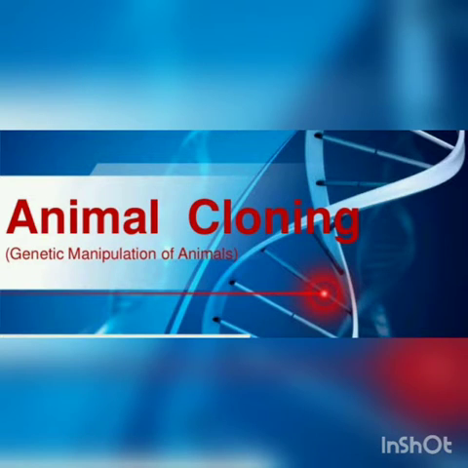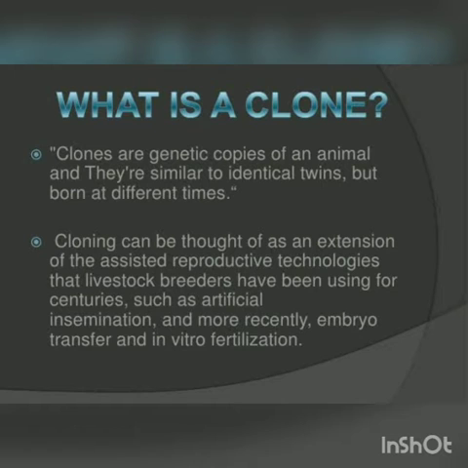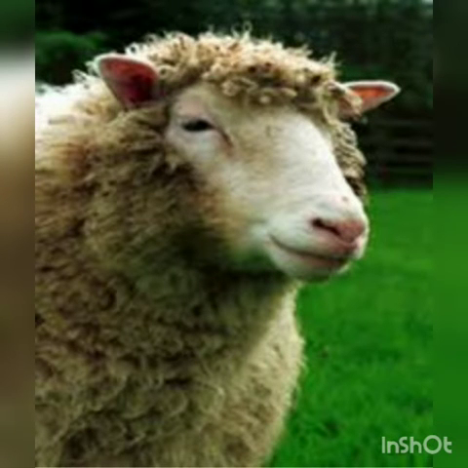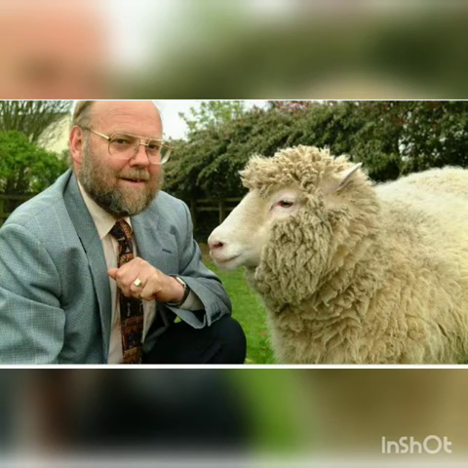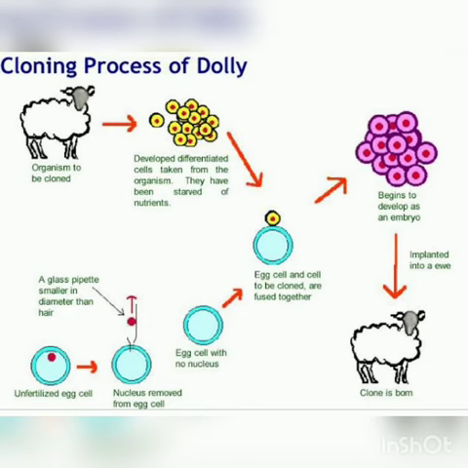Next, we move on to animal cloning. What is meant by cloning? Cloning is a process of producing genetically identical individuals of an organism either naturally or artificially. In nature, many organisms produce clones through asexual reproduction. Dolly was the first mammal, a sheep clone, developed by Ian Wilmut and Campbell in the year 1997. Dolly, the transgenic clone, was developed by the nuclear transfer technique and the phenomenon of totipotency.